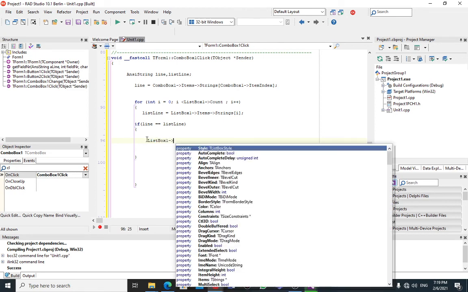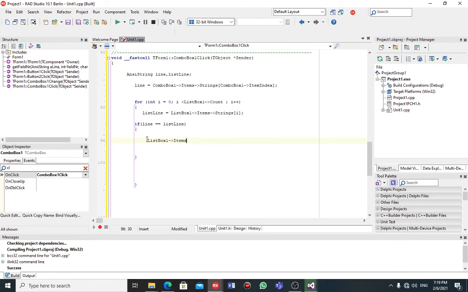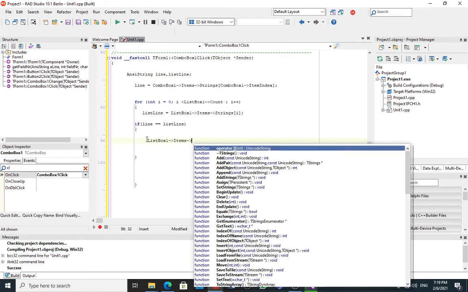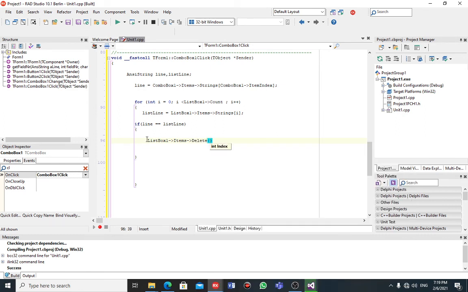So I will just call Items, and some of you know that after Items you want to delete, just say Delete. What are you deleting? You are deleting the whole line that I find. This will enable me to say, if I click on the link in the combo box, store the line in the variable code line, whatever I click on, and then